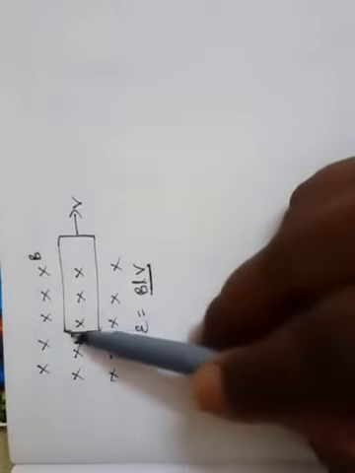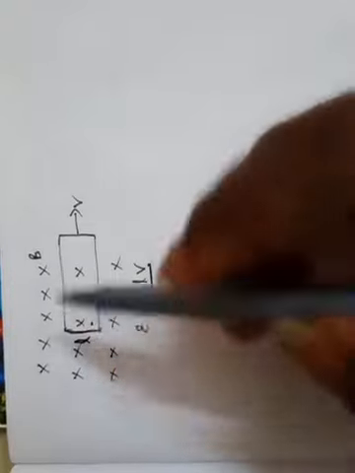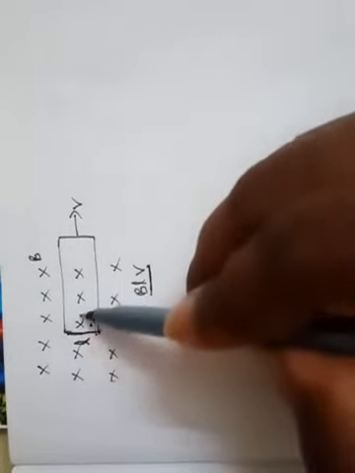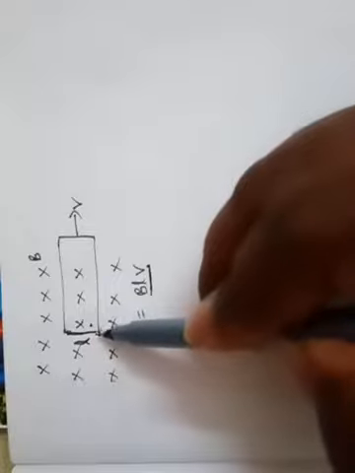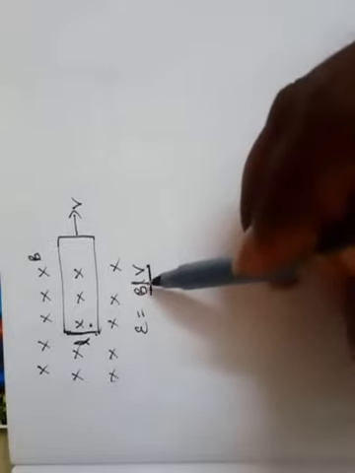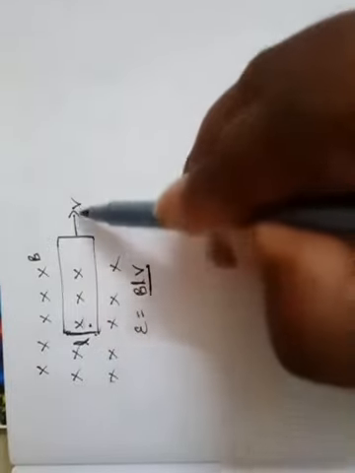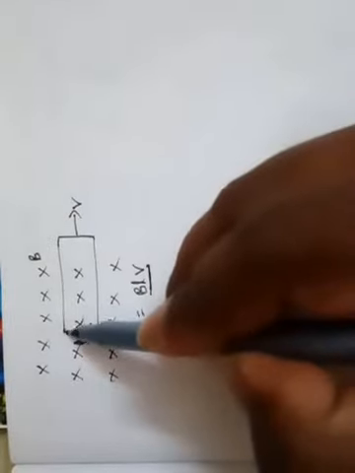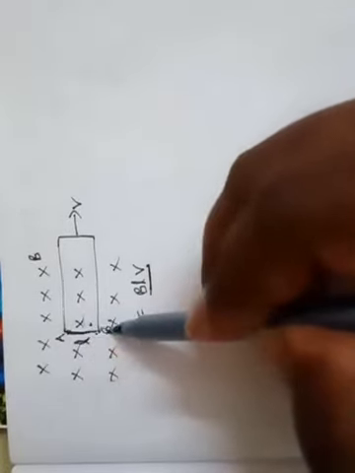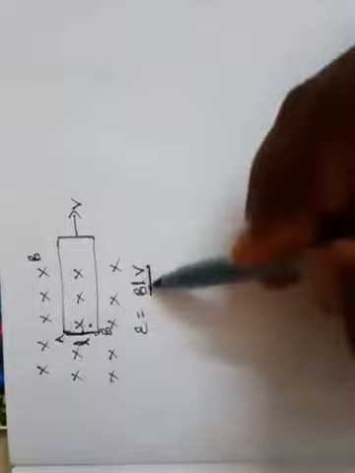the EMF is induced in this coil because this part of the loop is cutting the magnetic field lines. Only then is the induced EMF produced, which causes induced current. That we have already seen. So here L is perpendicular to the velocity. This is the direction of the velocity, and suppose we name the ends A and B, the length is measured from A to B, and the velocity is perpendicular. So in this case we will use BLV.